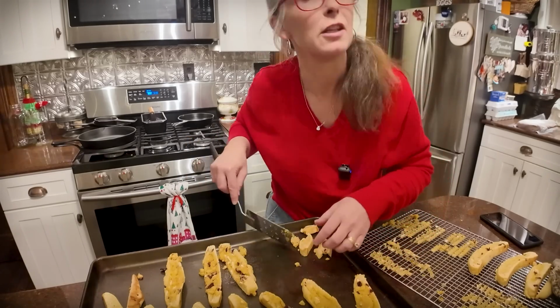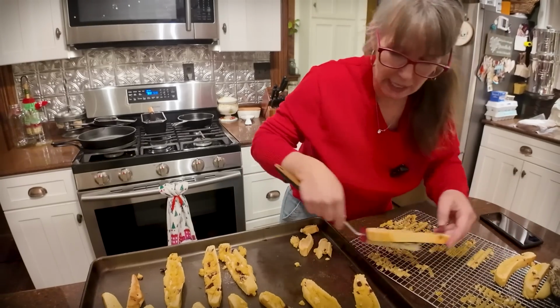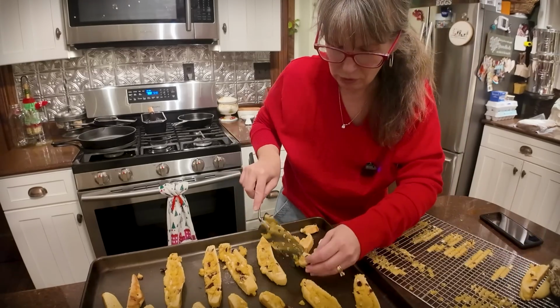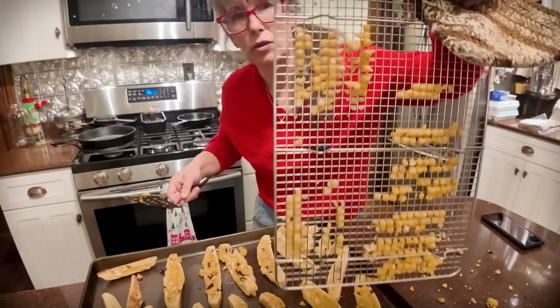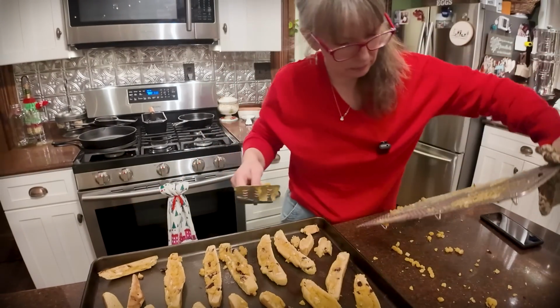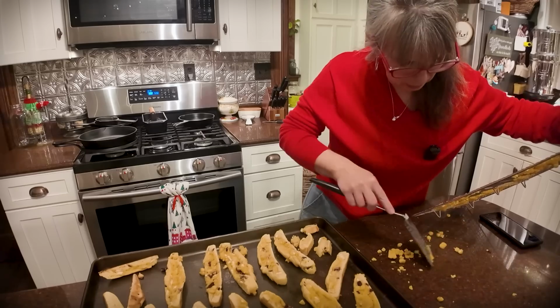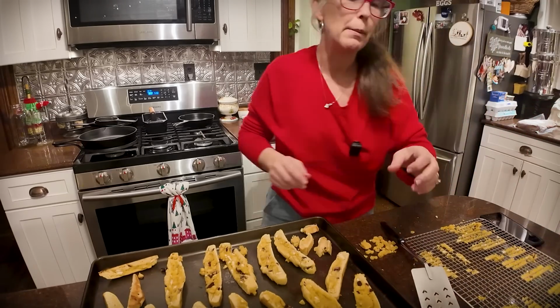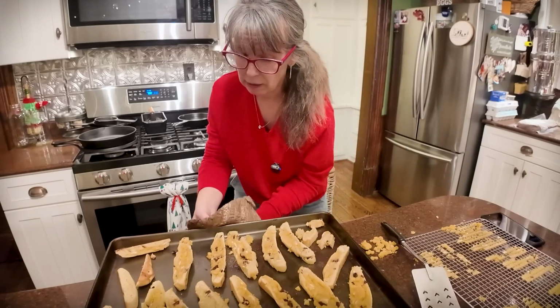I'm going to learn from my lesson though because I'm going to do a couple more biscottis with you guys. And we'll see if we can recover from these learning mistakes. So that's the casualty mess. That is so cute though. These little biscotti balls. Okay, I'm gonna put this back in for probably 20 minutes at 300 because it is